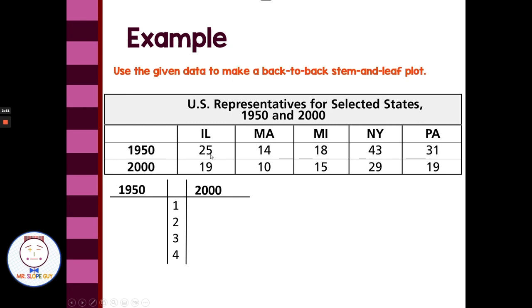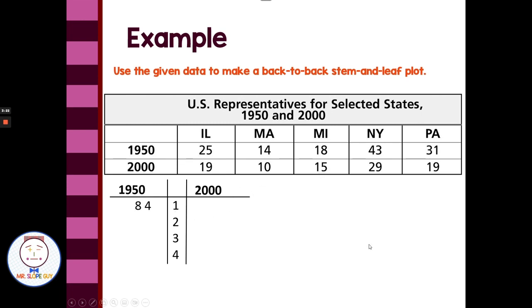So we're going to take our data, so like 25 for 1950, the 2 will be on this side and the 5 will be here. For 14 we would do 1 and then 4 on the 1950 side, and we would continue. What about the 2000 side? On the 2000 side we're going to have our leaf parts over here. So for 19, the 1 goes with the 9, 10 would be 1 | 0,